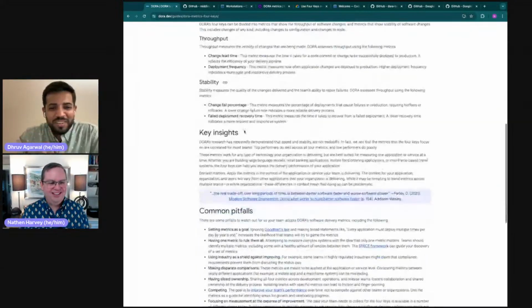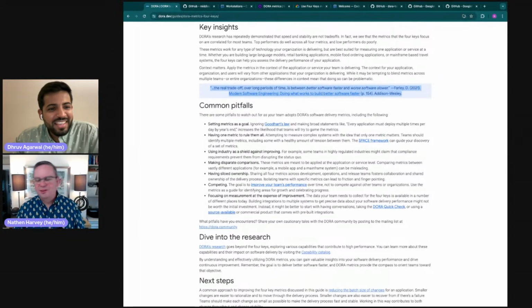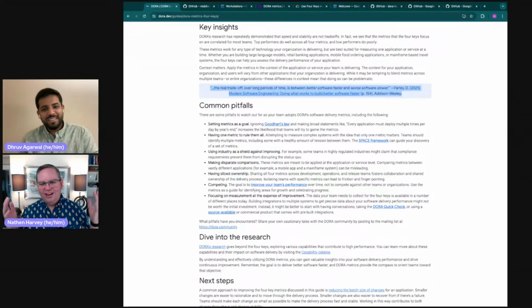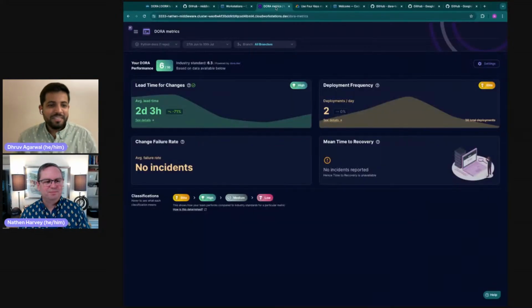I borrowed that quote from Dave Farley's book, Modern Software Engineering, which is another great book that I highly recommend. Which would you prefer? I mean, the choice is kind of obvious when you state it like that, right?